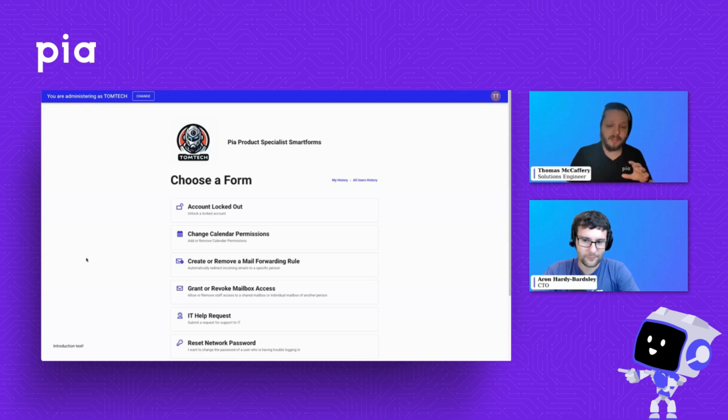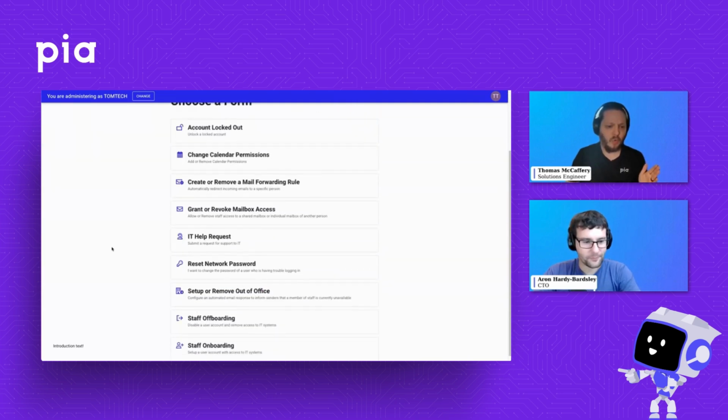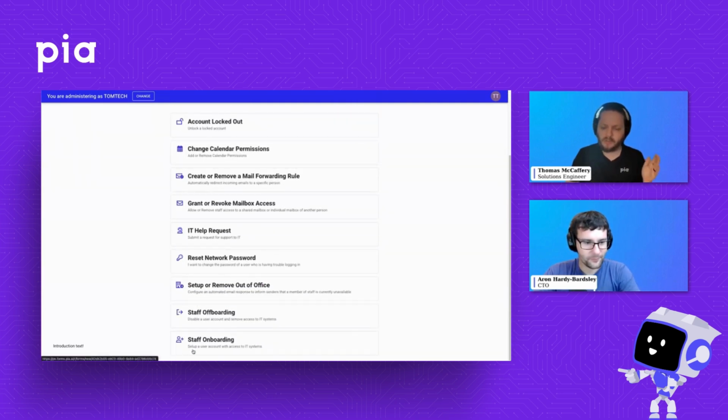And it's worth noting as well that this portal is authenticated with single sign-on. So no one's getting in here, no one's getting access to this form or this information without explicit permissions and connections from the Pia tenant and from you guys as the admins as well. That's important to know. Now, we have quite a few forms in here already. Should we jump straight into the deep end? Should we just go straight for a staff onboarding? Yeah. I think it's the most interesting one. All right, let's have a look at that one.